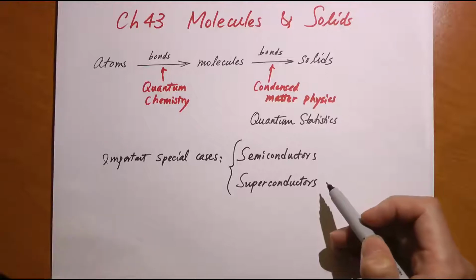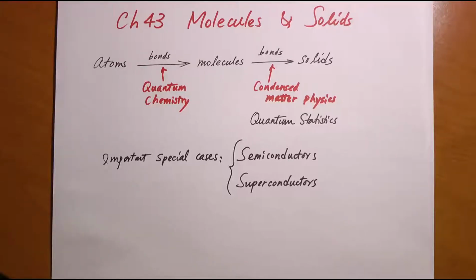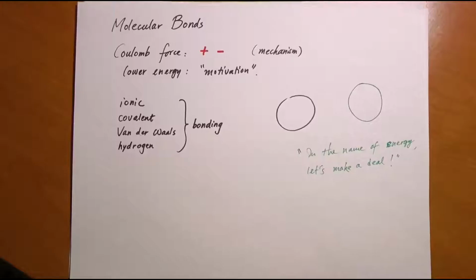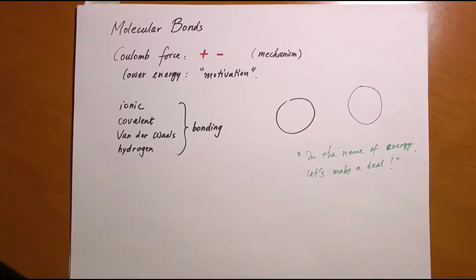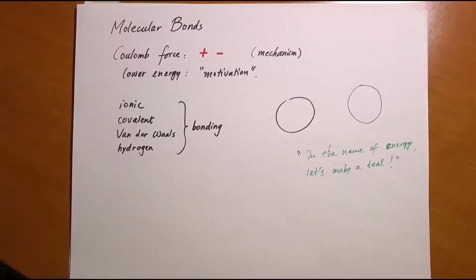So now let's begin our first part of this chapter, which is molecular bonding, how atoms can bond together to form a molecule. So let's look at how atoms can tie together to form a molecule. It's called molecular bonds. There are different types of molecular bonds which we'll be studying one after another, but all